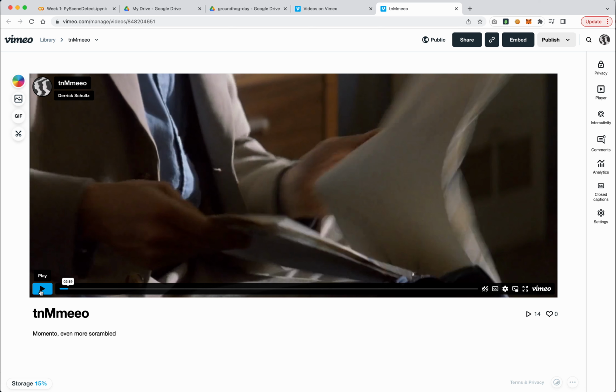And this is where, if you really are concerned about precise cuts, you might want to look at something like Resolve. I have a feeling that this is because I downloaded this video from some website that I probably shouldn't be mentioning. I torrented it. And usually torrents are very, very compressed video files. And sometimes that means it does compression around those cuts very weirdly, and that can trip up something like PySceneDetect. So in general, long videos from torrent sites might not be the best. It might not also just have something to do with this video, but I did notice that it wasn't perfect here. And this is where the next video on Resolve might be better. But for now, I think this is good enough to work with.